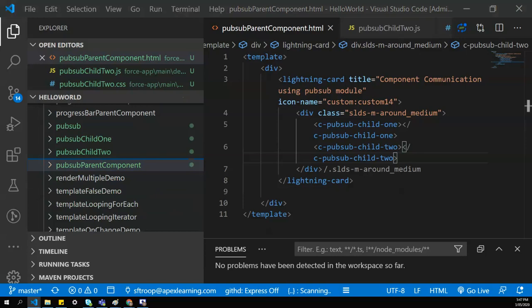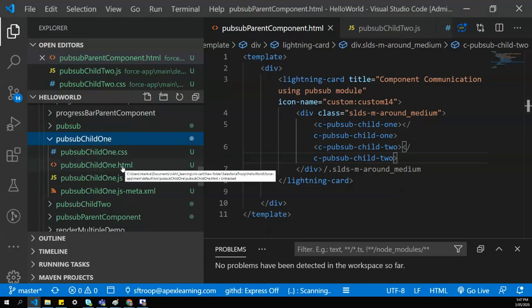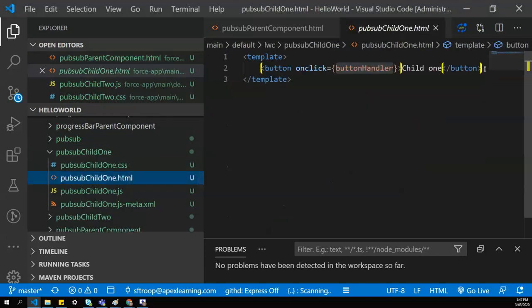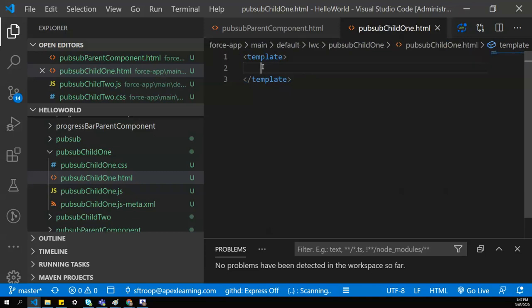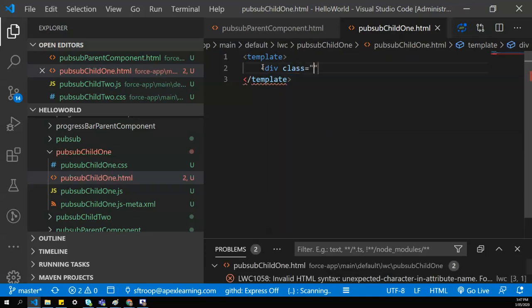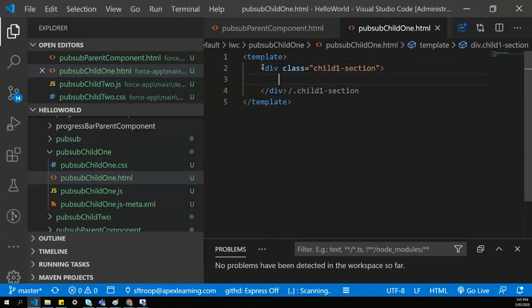Let's go to our child one. In the child one HTML, I'll remove everything. We'll create a div with class child one section. This class I already added in my CSS file.